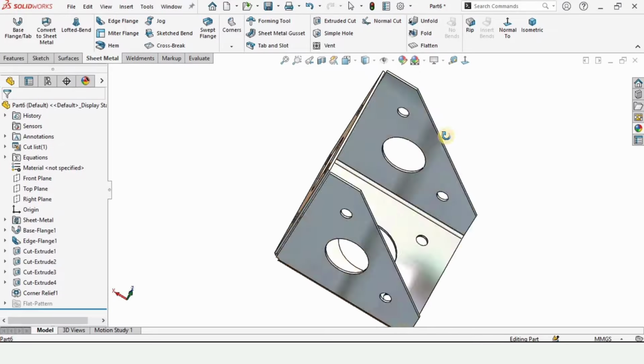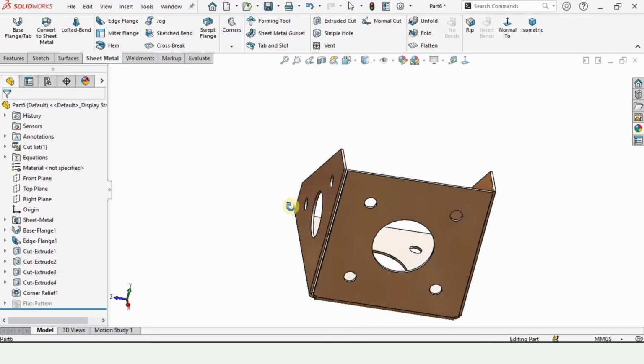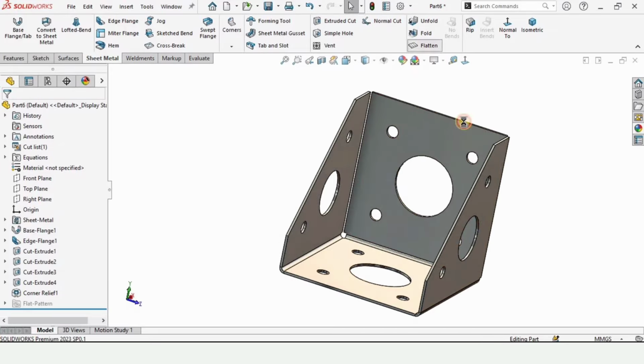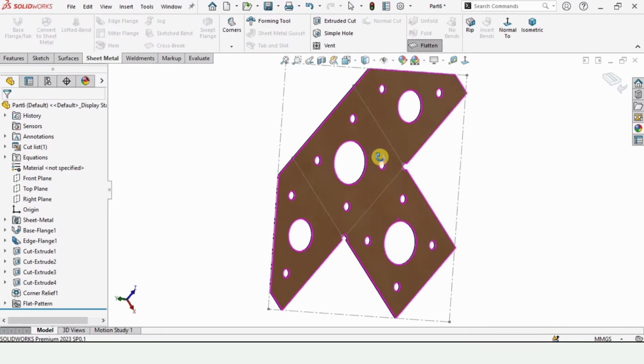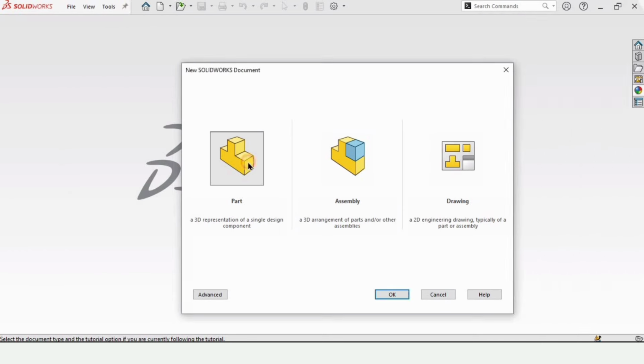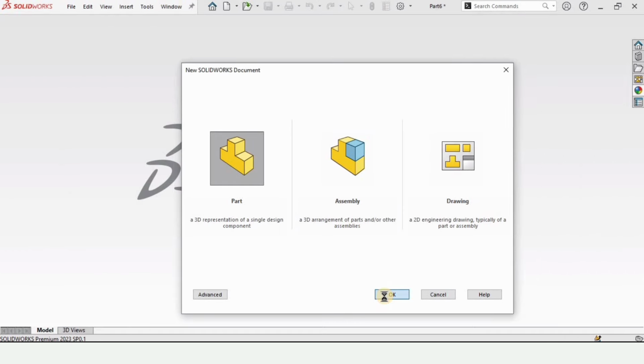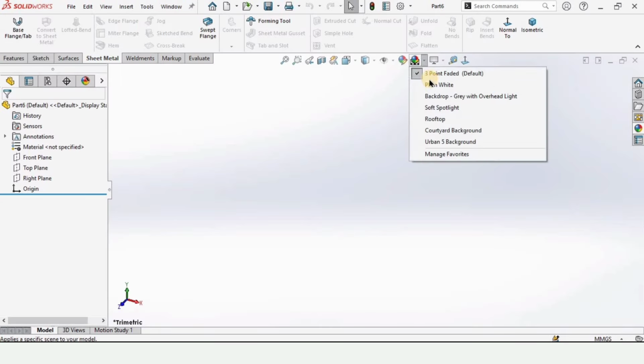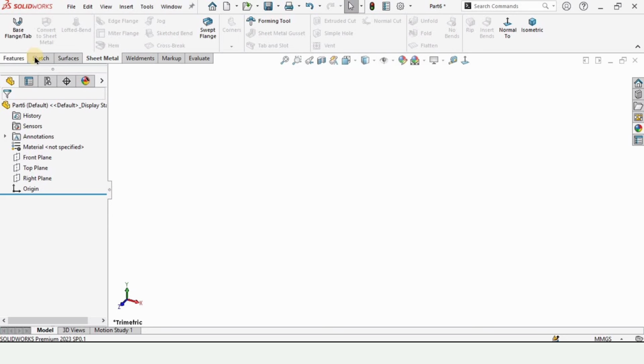In this sheet metal SolidWorks tutorial, we will learn how to model this part, and this is the flattened version of this part. So let's begin. Click on part and click OK, and here select plain white as background,